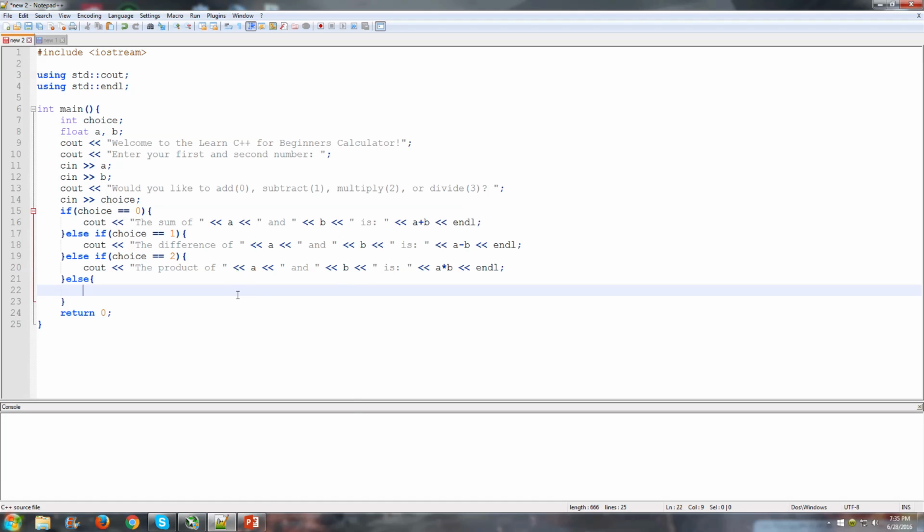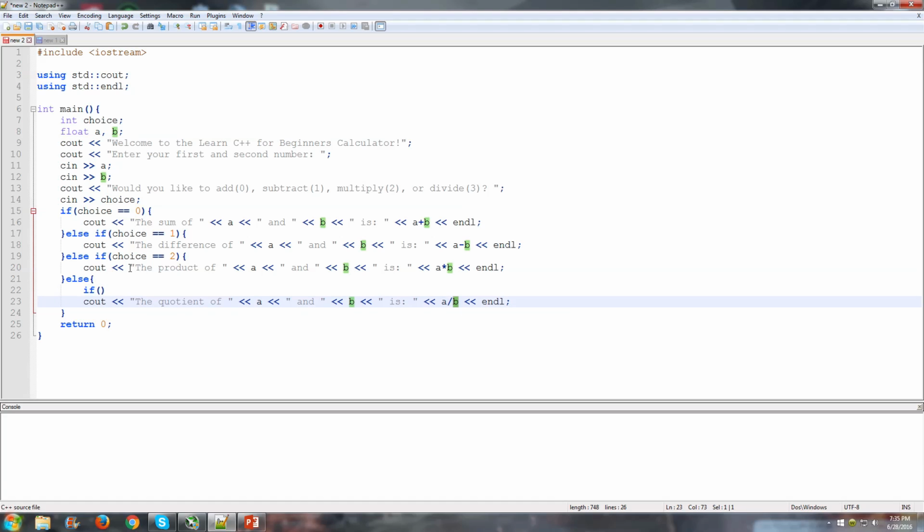And finally, paste here and change to division. So the quotient. Oh, I hope that's how you spell quotient. I think it is. Looks like it. Change this to that single divide, like that. And I said that we would error handle the divide by 0, so let's do that. Let's say if, and we're gonna divide A by B, so B can't be 0, otherwise we're dividing by 0. So we say if B equals 0,